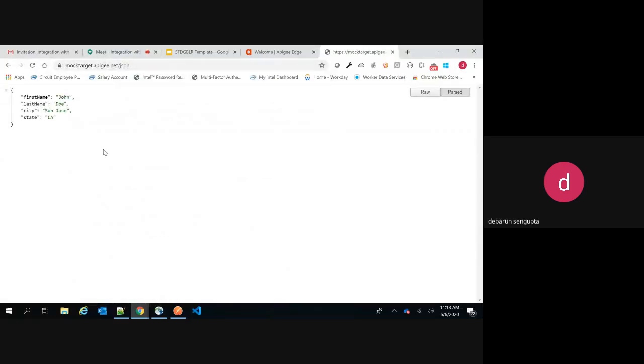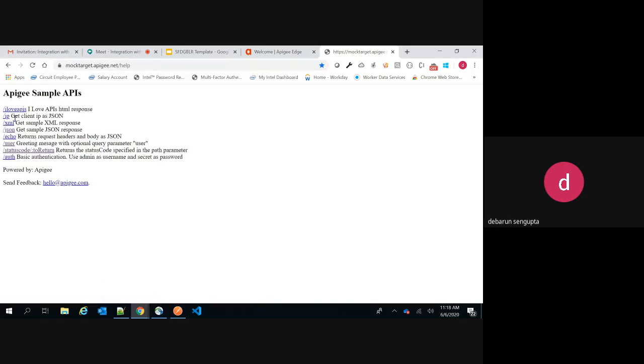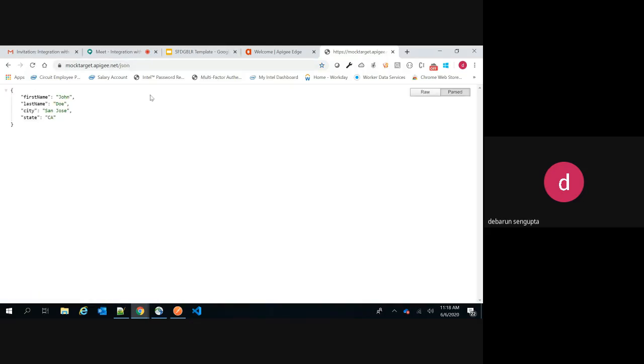This is the target endpoint that we will be using for the demo purpose. Apigee provides a lot of free ones, and if you want to do integration with a lot of other APIs, like I'm using this JSON API, you can use this XML API, and there are a lot of other free APIs available for doing the demo. So we will be using this API for the entire thing.